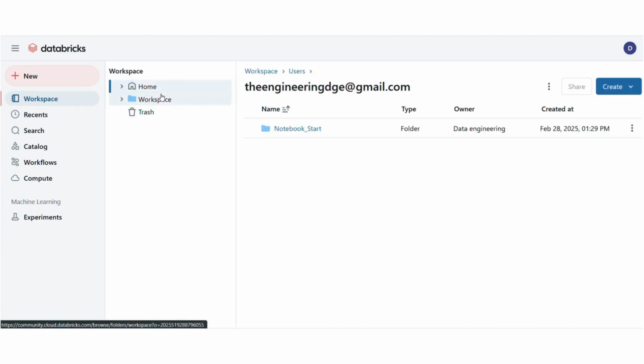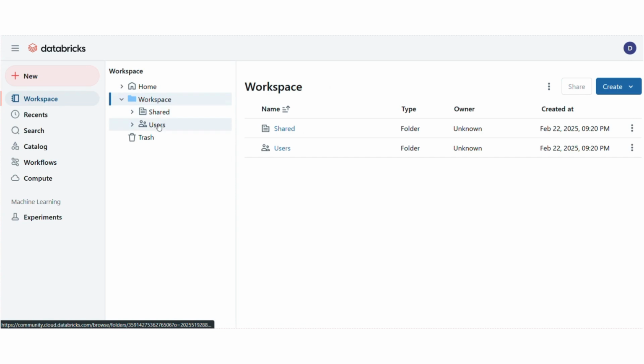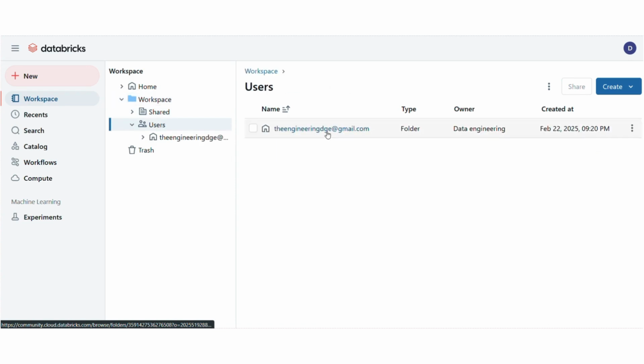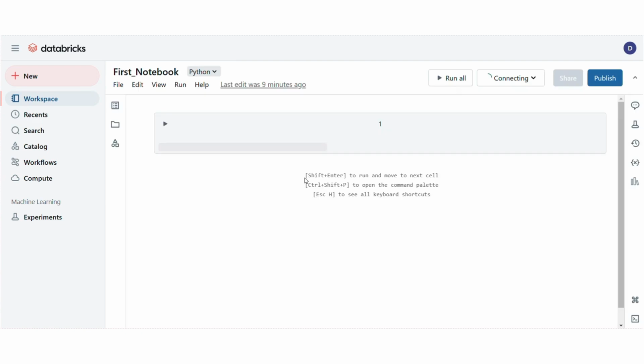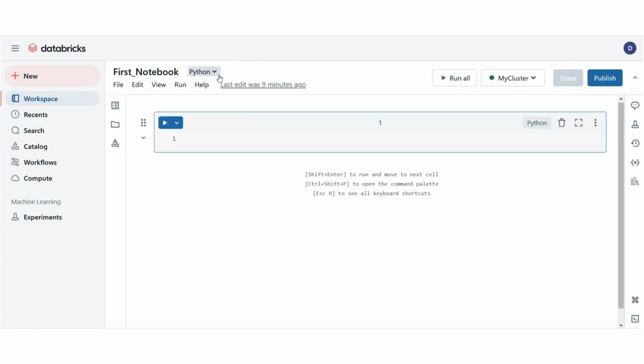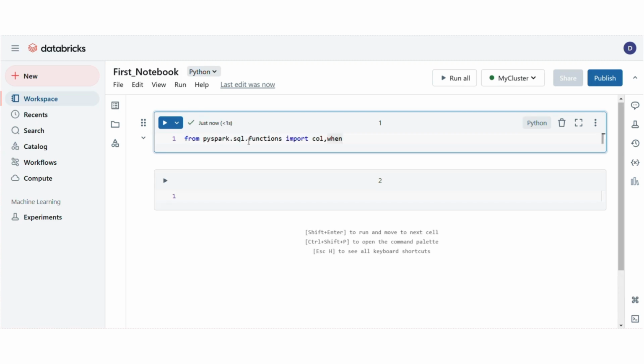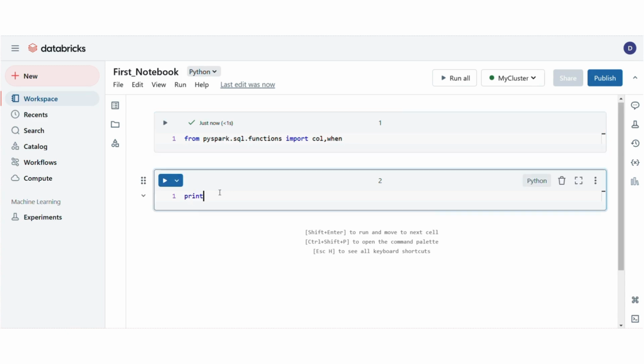So in the workspace, we have created inside the workspace user. Inside the user we have this data engineering user. This is our notebook, and inside that we have our notebook connected. Okay, so now let's start with something, importing. It's just a sample I'm trying to import. Okay, once it is imported, we can also start writing some code, like let me just start with